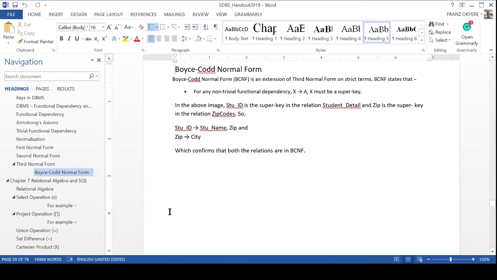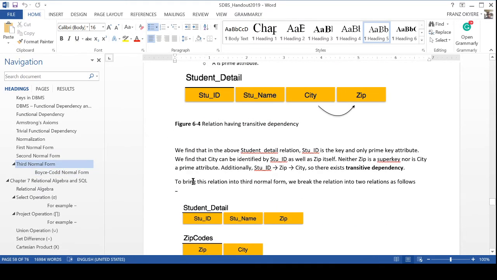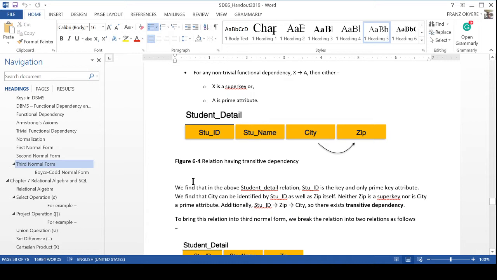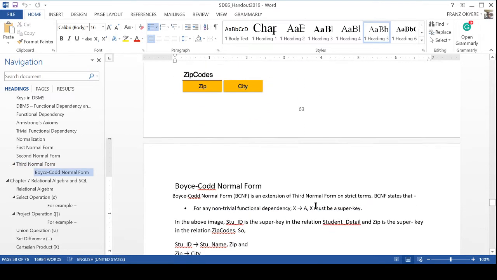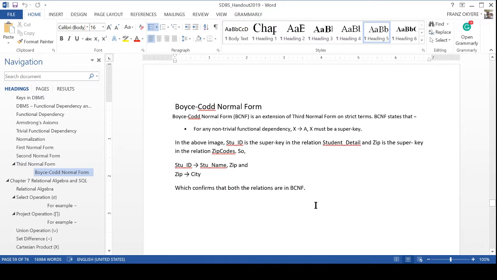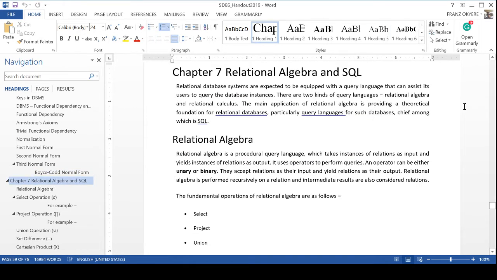So the Boyce-Codd normal form was like the last one, and we said that most tables are in third normal form, which have obeyed, not allowed partial dependencies, and avoided transitive dependencies, etc. And then of course the prime key being a super key. We have gone through all that, and so we should be having tables which are normalized. Are you okay? All right.